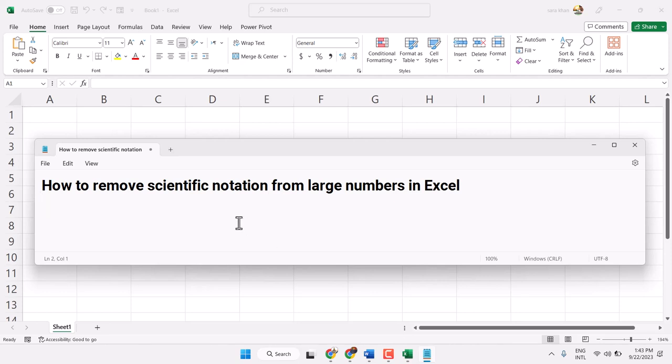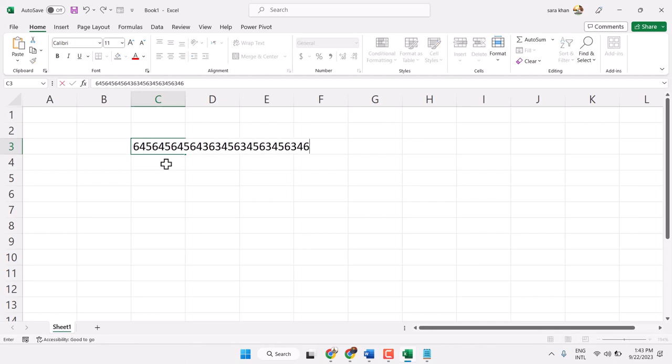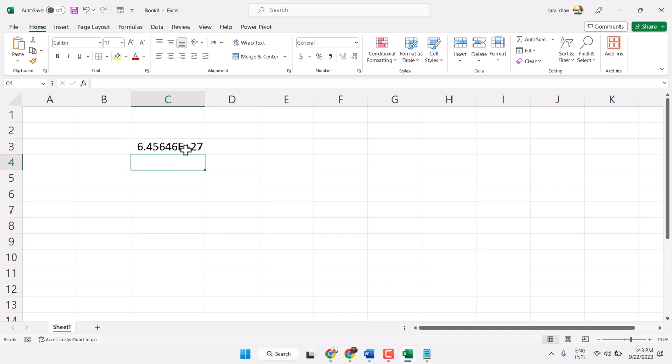In this video, I will show how to remove scientific notation from large numbers in Microsoft Excel. Once you try to enter a large number, you will not be able to in Excel. So to resolve this problem, right click on it,